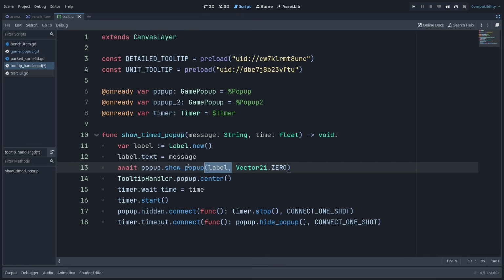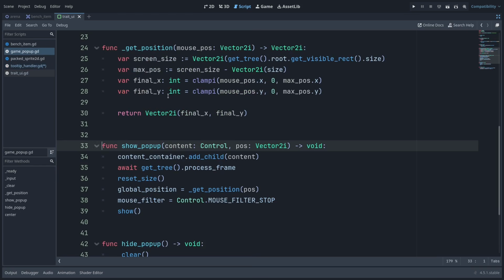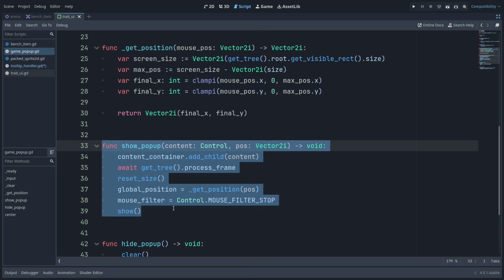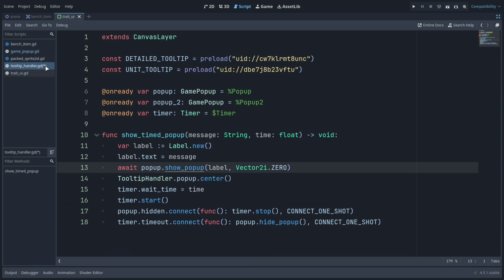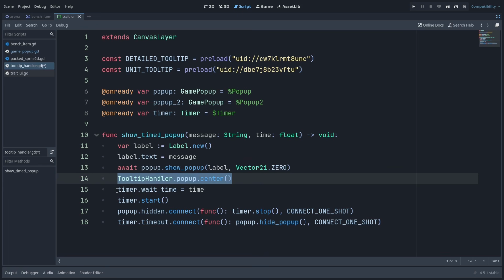That's why I don't really like using await, because I think it gets confusing very quickly. So if I click on this, you'll see I have an await here. And to make sure that this whole thing, the whole function is executed before I move on, I need to use await here as well. That's how coroutines work. So what we do is we call that method and make sure that everything in it executes, right? Meaning that we wait one frame, do everything else, and then we center it,